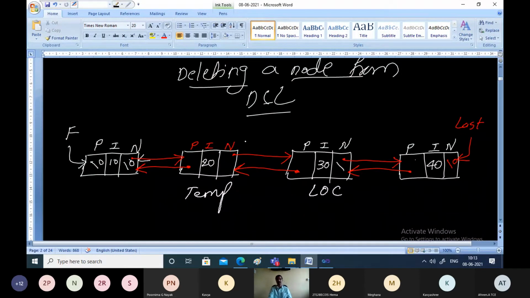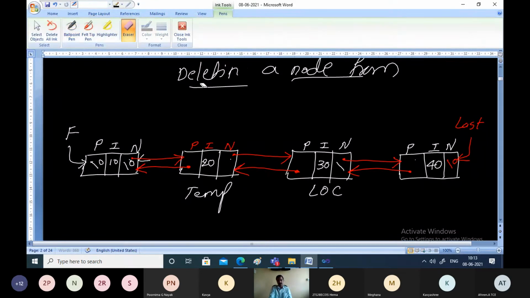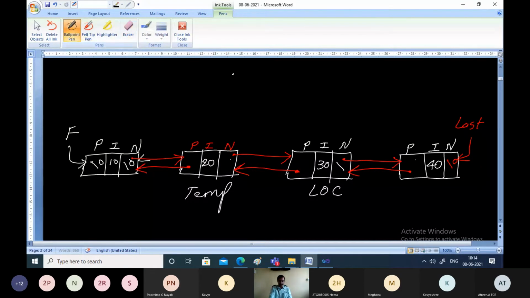Temp pointer next should point to this node. I can see the logic. How can I perform the linking? That is, temp pointer next should point to what? Location pointer next. That's it.